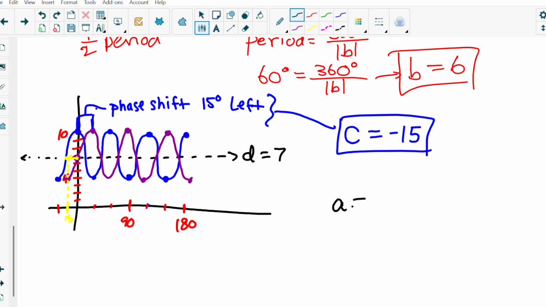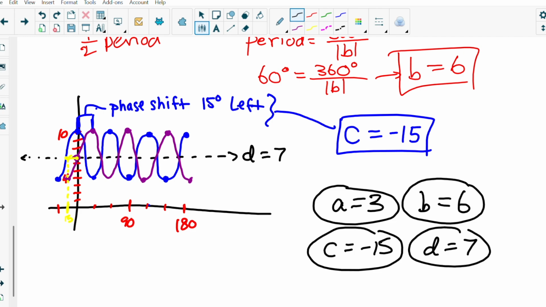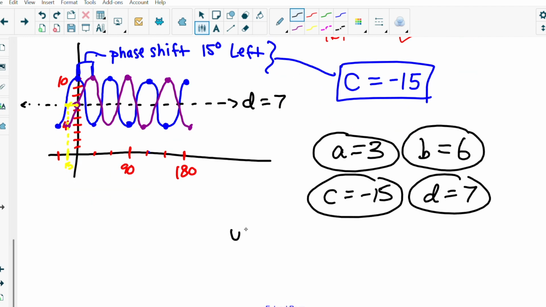A equals 3. B equals 6. C equals negative 15. And D equals 7. So when I put it into my equation, y equals